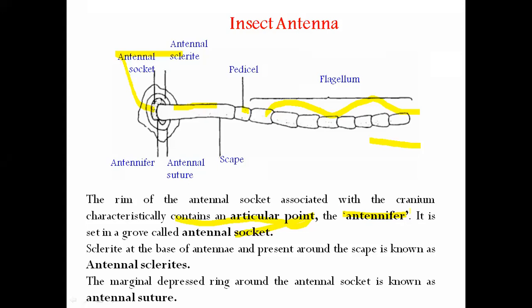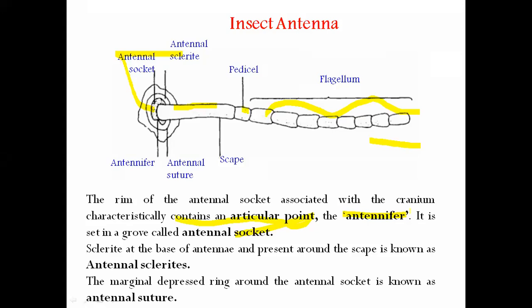And these antennae vary in shape. I'm giving an introduction about these antennae. All insects cannot have the same size and shape, isn't it? In different insects there is variation, and that's why they are modified. These antennae are modified according to the insect.